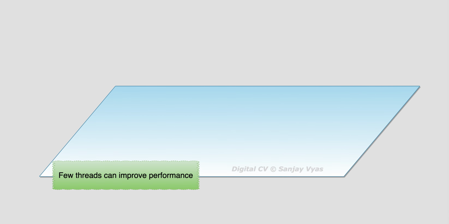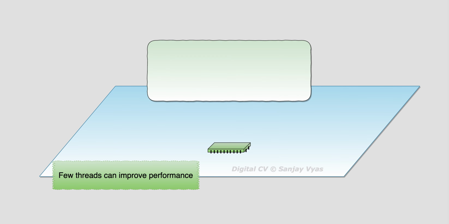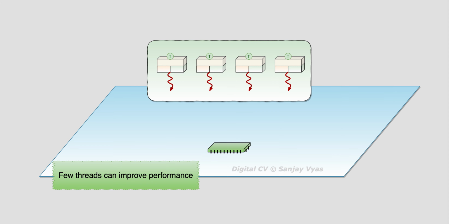When we have a few threads in our program, these threads improve the performance of our application because while our application is waiting for something to happen or to complete, other threads meanwhile can get some other task done. So overall, our application becomes more responsive, it becomes faster, but then we might get carried away.